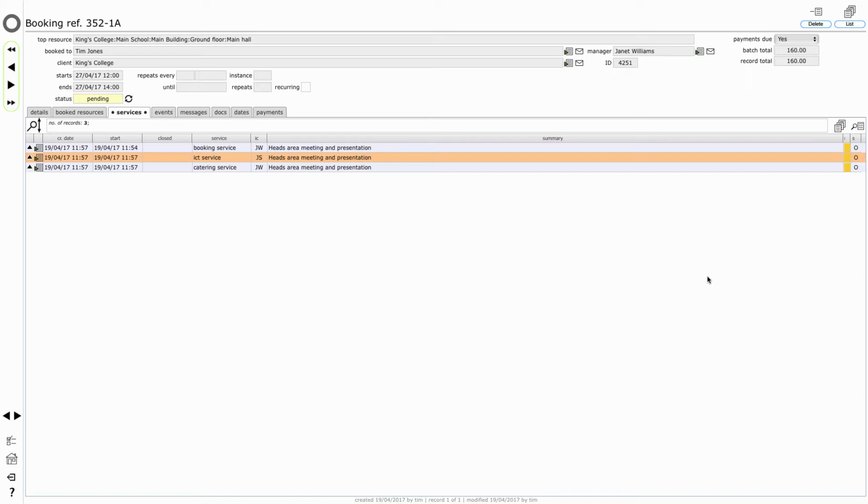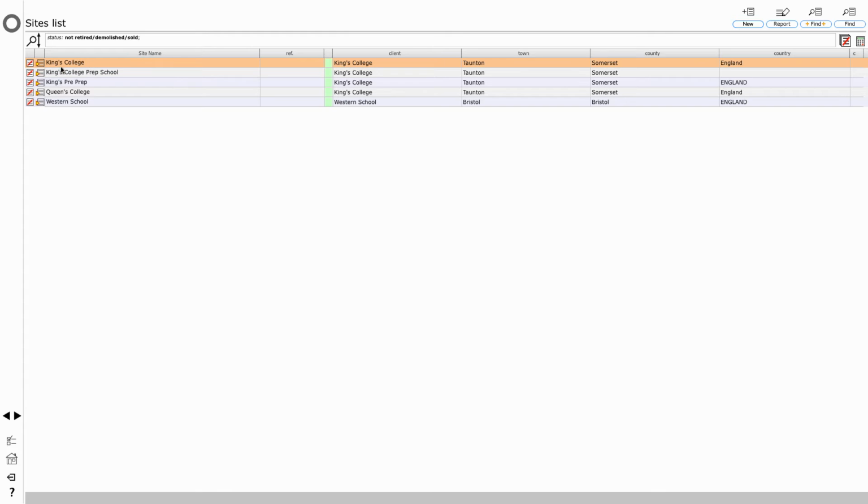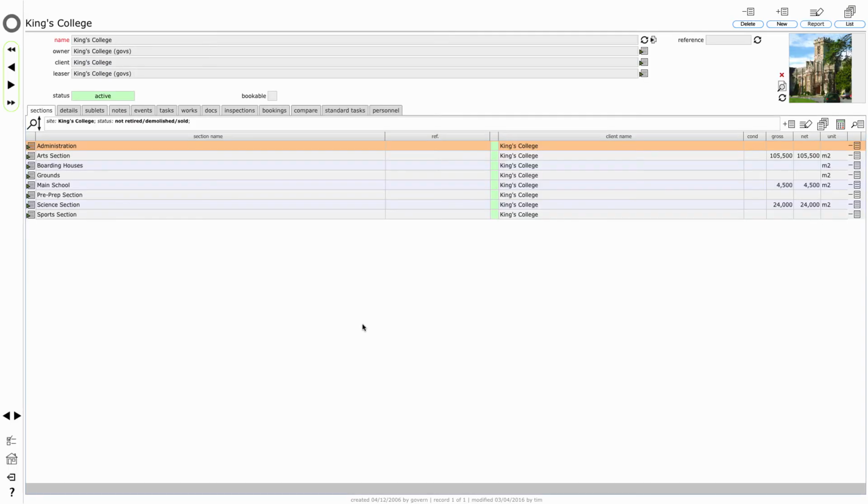It brings it all together in one thing and makes sure that every service manager for each individual service area can very clearly see exactly what is going on. So finally, I just want to show you where we set up those service options in order to make them available for people to select from when they're putting a booking in the system and need to select the catering